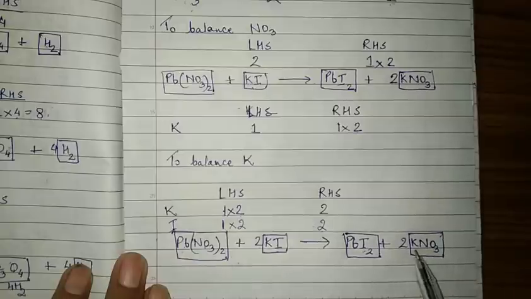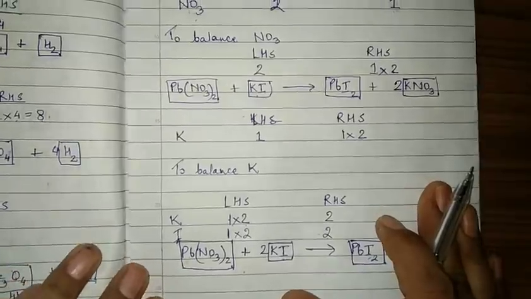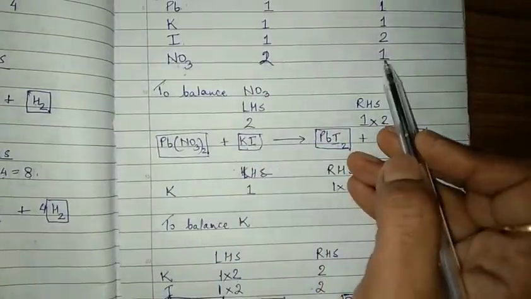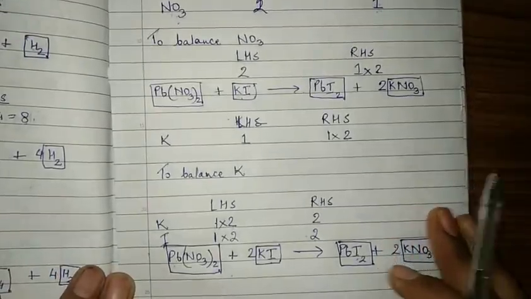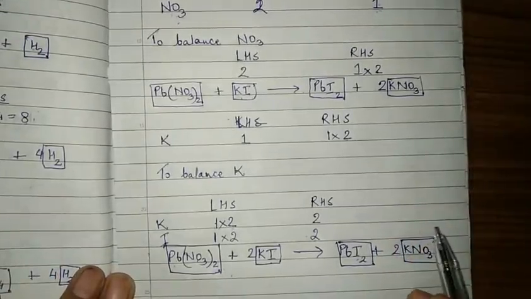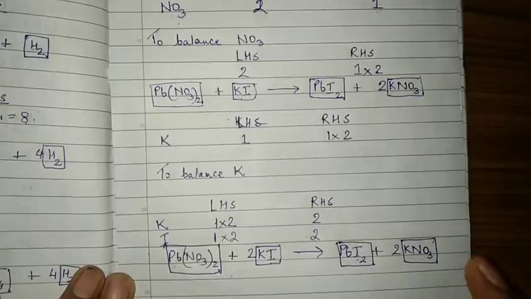So in case of polyatomic ions, as I told you, we can take that polyatomic ion as one complete atom. That will not create confusion and balancing will become easier. So in this session we have learned how to balance different types of chemical equations. As I told you, it is a trial and error method. We will try to balance chemical